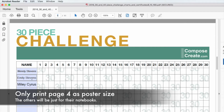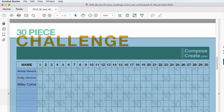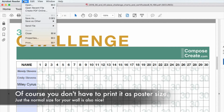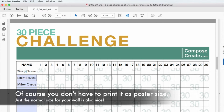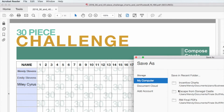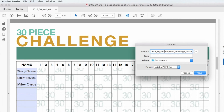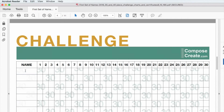document. However, if you have more than this number of students, what you're going to want to do is save your first set of students, and then you're going to save that as a separate file so that those typed in names can stay there so that you can send different files to your printer. So for instance, you'd say save as, and you would choose your folder where you want to save it, and then for the very first file name, you'll just say this is the first set of names, and then you'll save that to your documents, and then you'll go back and you'll erase these names and you'll put a new name,